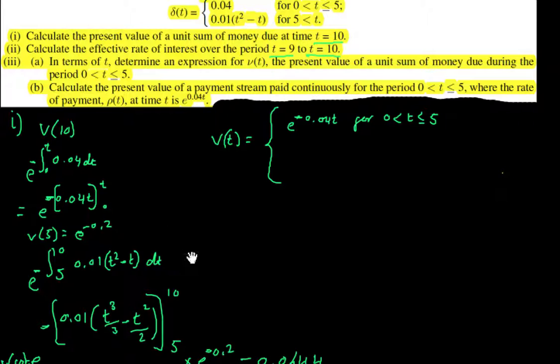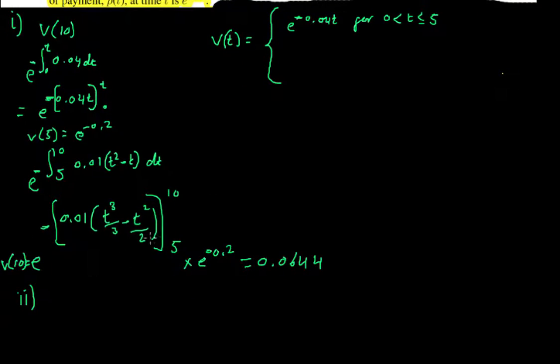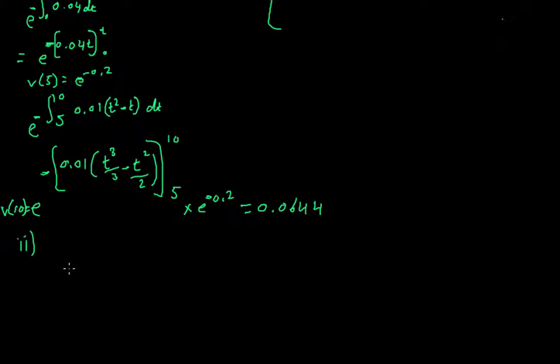Okay, so essentially we're just going to find this same integral over here, but we're pretending that we're putting some money down at t equals 9, and then it's going to accumulate to time t equals 10. So all we have to do is find e to the, and it's the positive integral because we're doing some sort of accumulation over here between time 9 and 10, and then we've got our 0.01 there, and still, well, this would be t squared, I guess, minus t